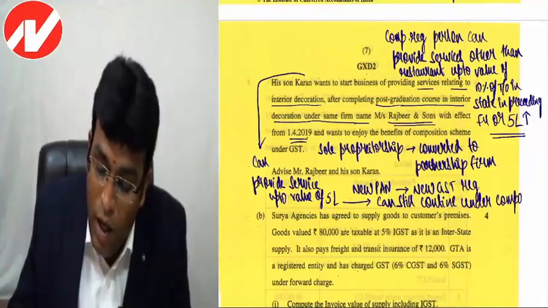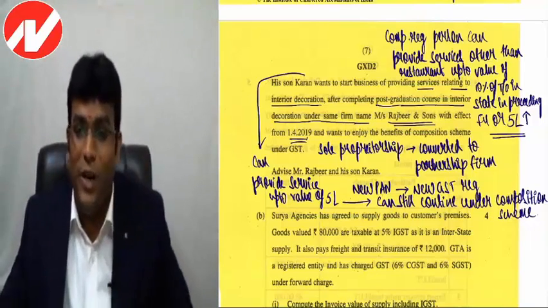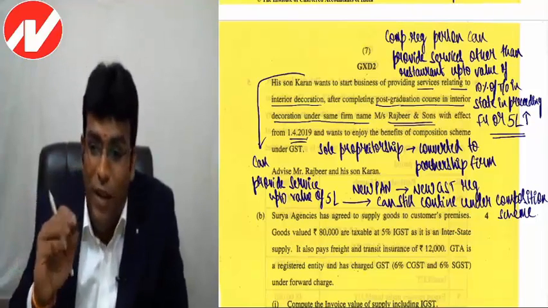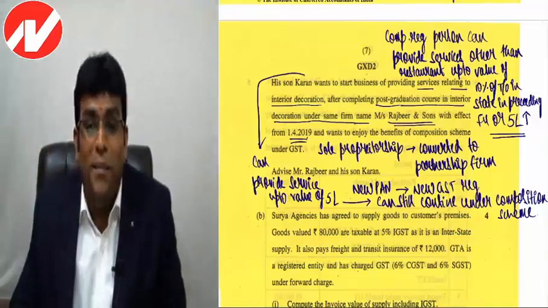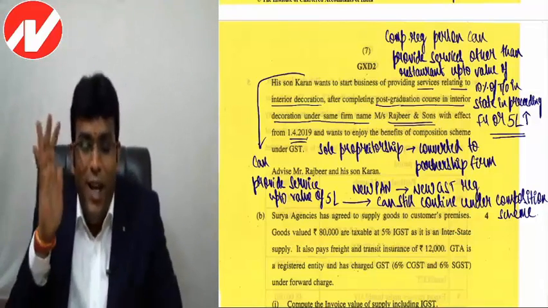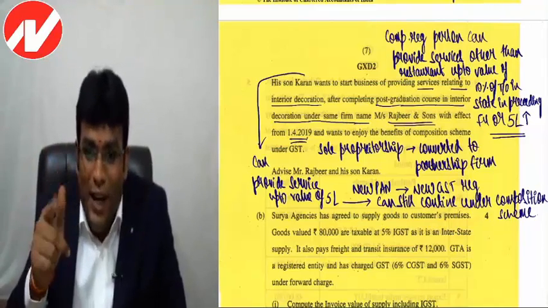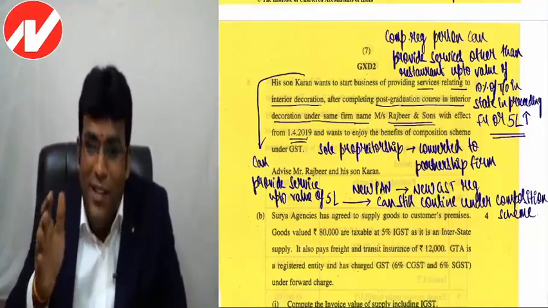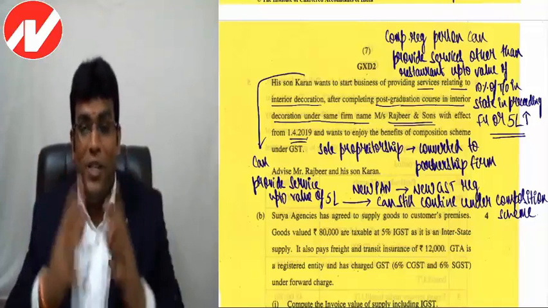But by any chance, if you want to provide more than 10% of turnover in state or 5 lakhs, whichever is higher, then obviously you have to leave composition scheme and shift to regular scheme, because in composition scheme they clearly told that any person whose aggregate turnover does not exceed 1.5 crores in the preceding financial year can opt for composition scheme and can still provide some other service up to a value of 10% of turnover in state in the preceding financial year or 5 lakh rupees,